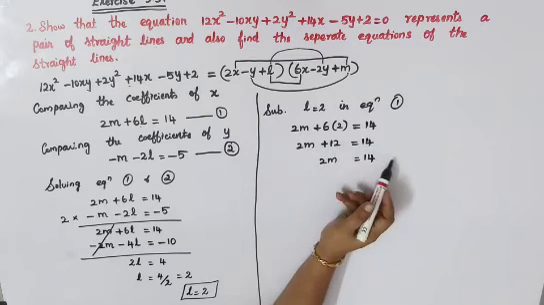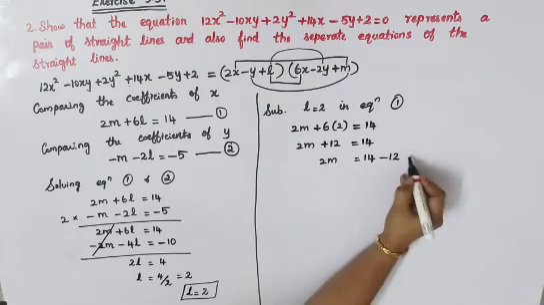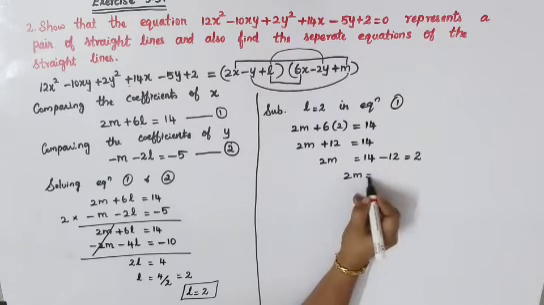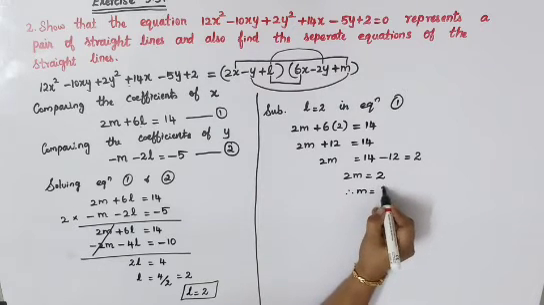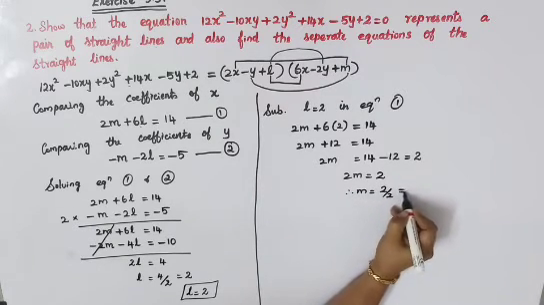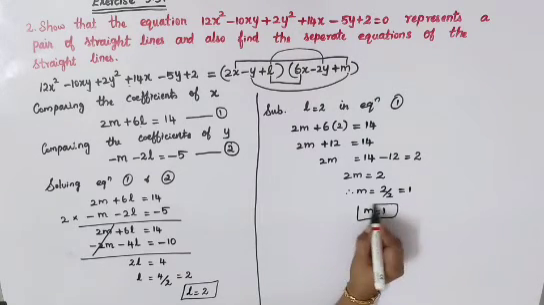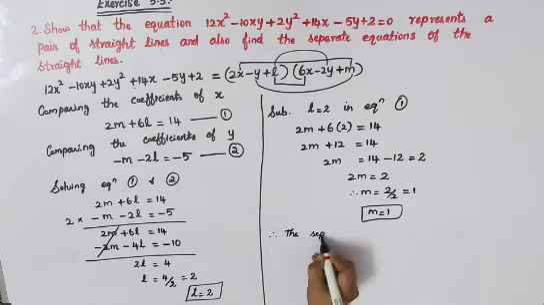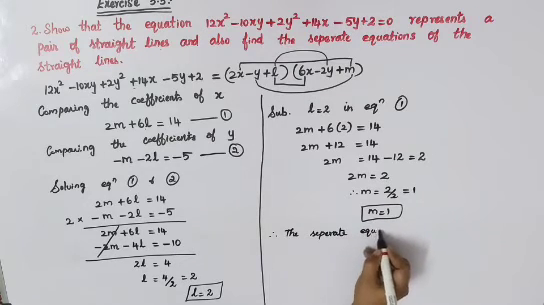Take this plus 12 towards your right hand side. So you'll get minus 12. So 14 minus 12 will be 2. So 2m is equal to this 2. Therefore m is equal to 2 by 2, which is equal to 1. M is equal to 1. Therefore, we will have to find the separate equations only. Therefore, the separate equations